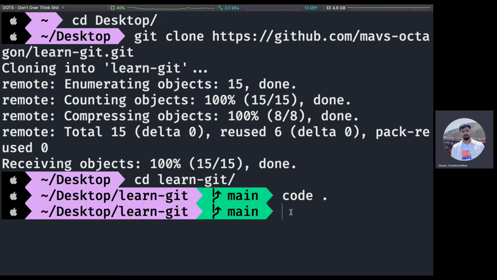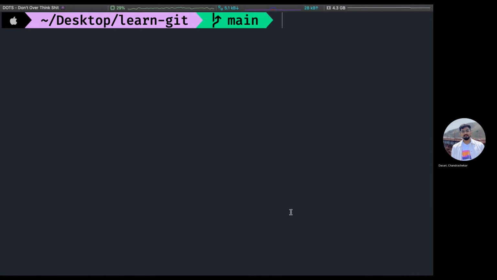Whenever you clone, the name of the folder that you're going to go into is the name of the problem. So in the URL, just like learn Git, you want to go into that folder.